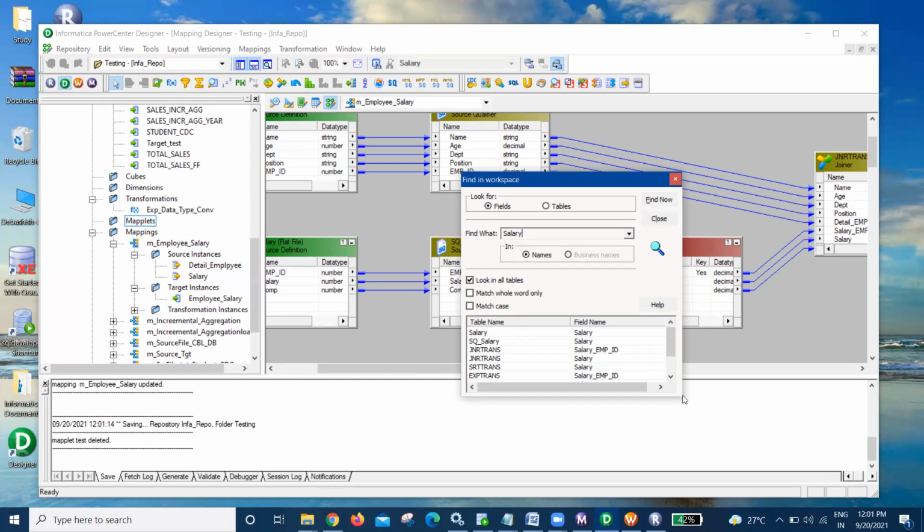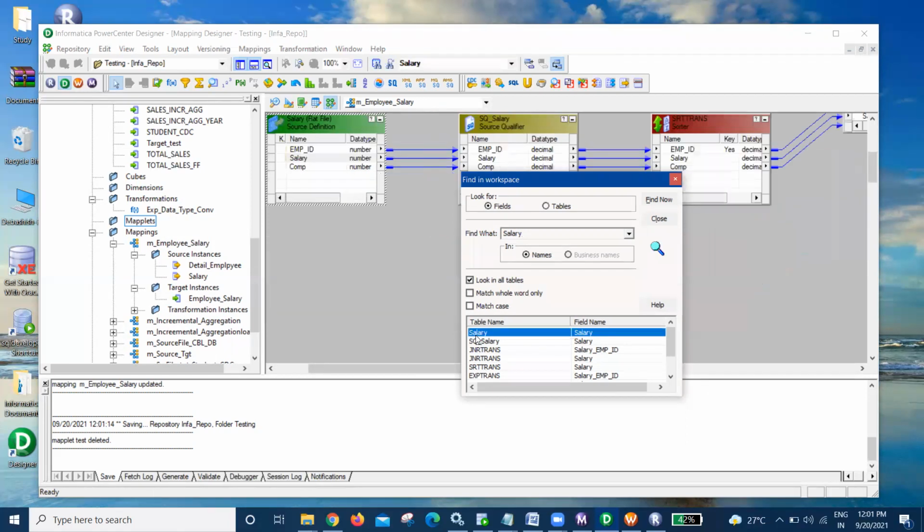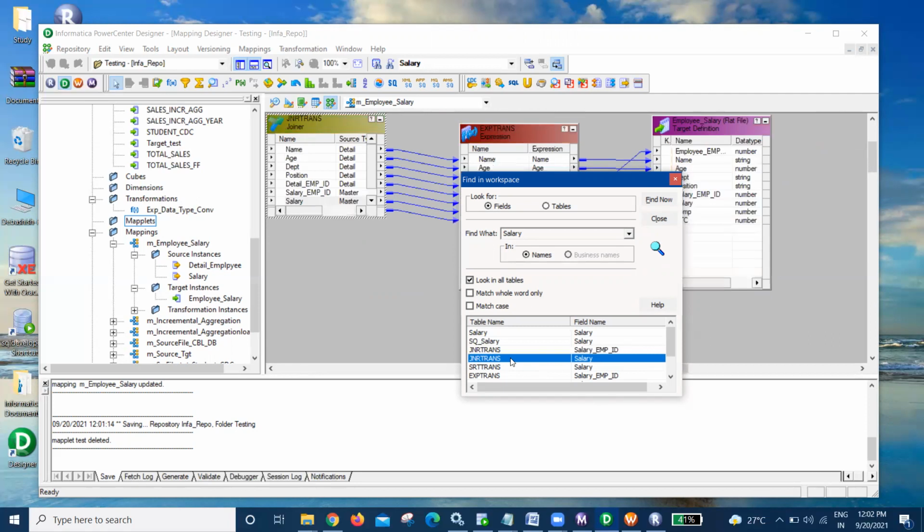Let me think it's a salary table, that means the salary source instance. Click on it directly and it will go to the source. Automatically it will highlight the salary. If I want to see it in the joiner, I'll click on this joiner salary. It will go to the joiner transformation and highlight that particular field.